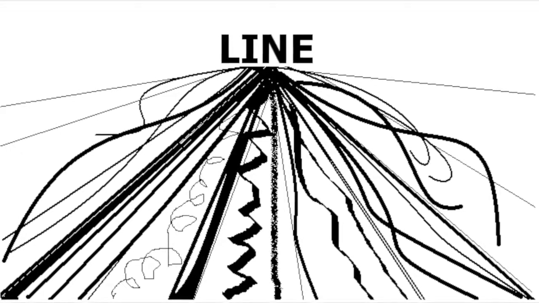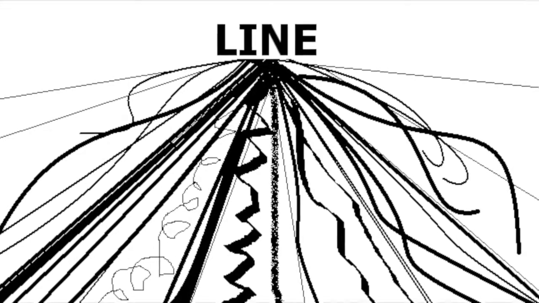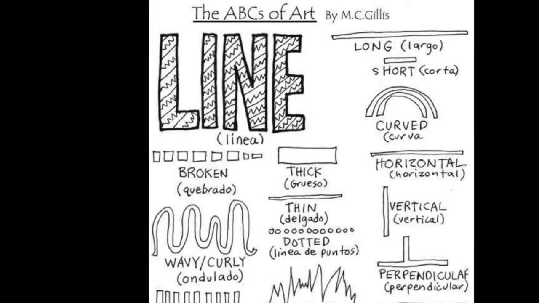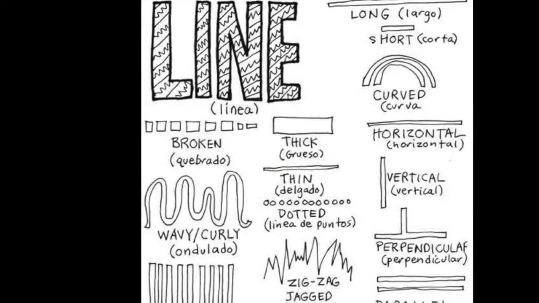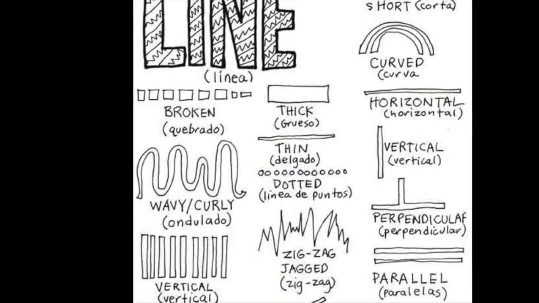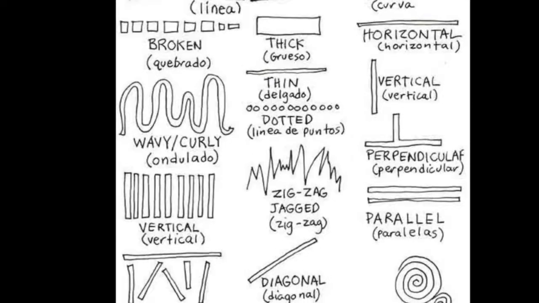Line is sort of the most basic element of the 7 elements. You can have all sorts of lines. You can have thick lines, thin lines, vertical, curved, wavy, zigzag, any type of line you can imagine, you can